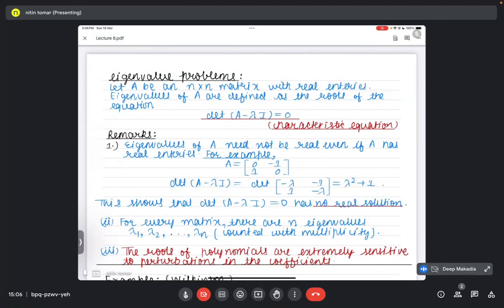and in the last class we discussed certain linear algebra that is required for this lecture. So we start with today's lecture, and we start with eigenvalue problems. So eigenvalue problems. So what is an eigenvalue? First of all,